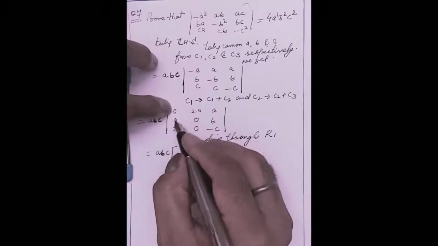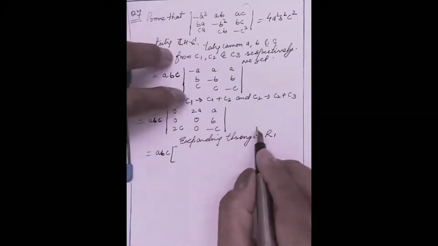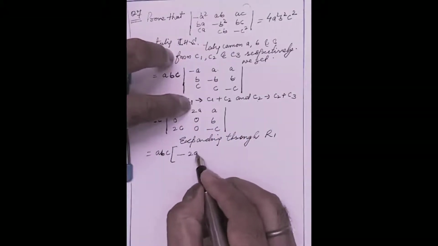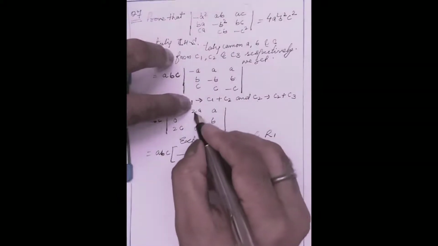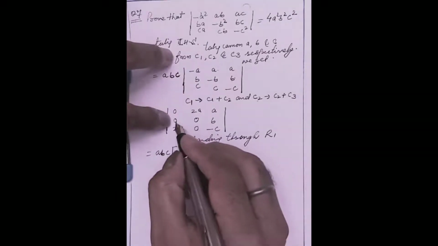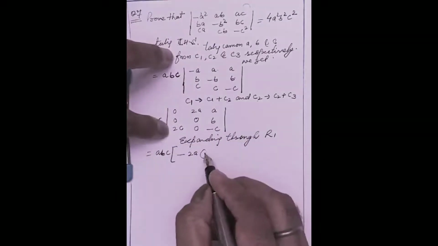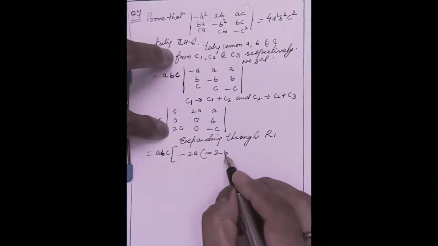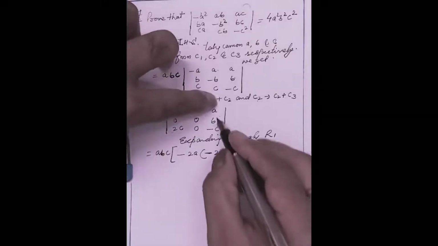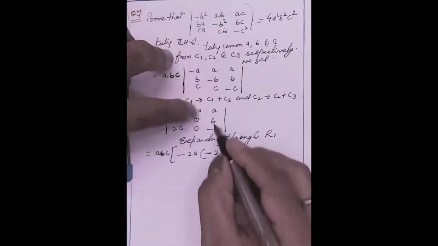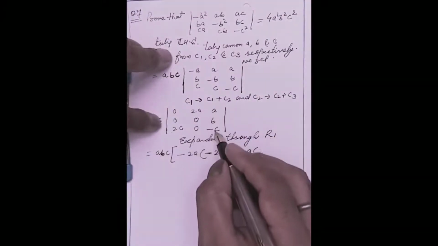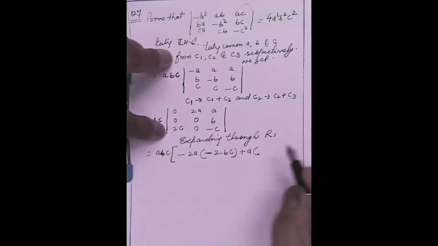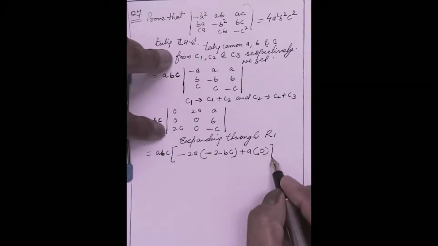Then the first element is 0, so I'm not going to write anything, because the rest of the things will all be 0. The second element is minus times 2A, and then minus C into 0 is 0, and then minus times here we'll get 2 times BC, and then the last one is plus A times these two perpendicular lines. We are going 0 into 0, 0 into 0, so this is also going to 0.